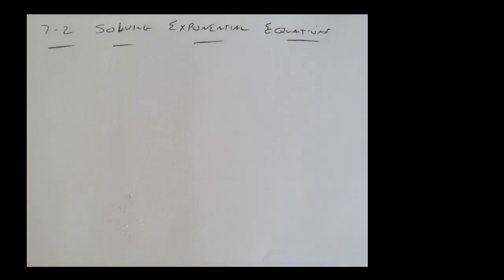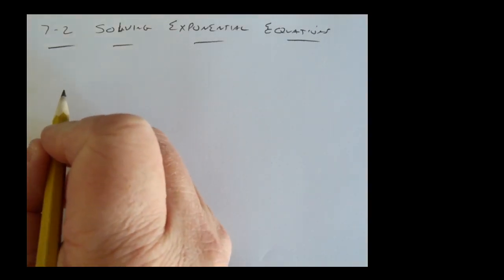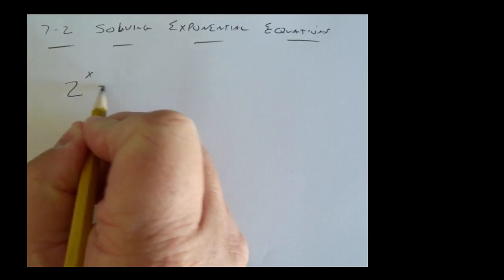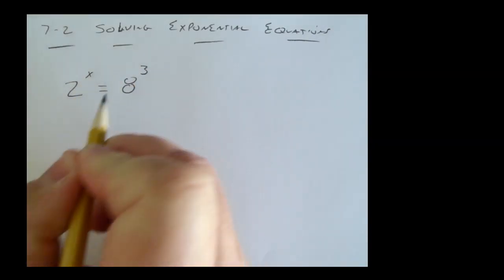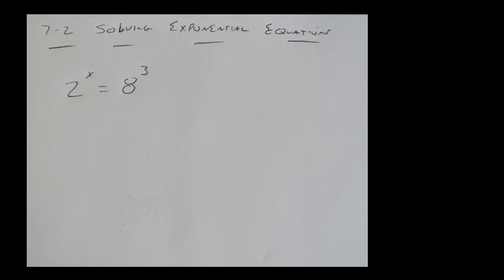So what would that look like? The first example will look like this. 2 to the x power equals 8 to the third power, and we want to know what x equals. You might think, well, maybe 3, because 8 is to the third power, so maybe it's the same power on the left side, but it's not. What you need to do is